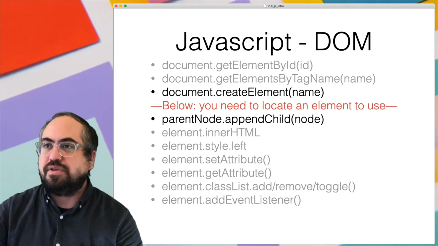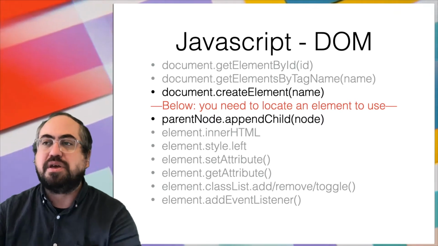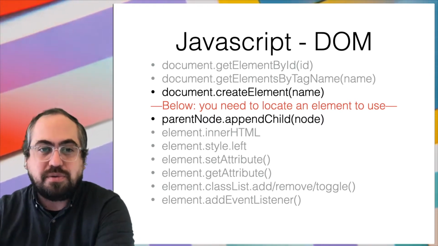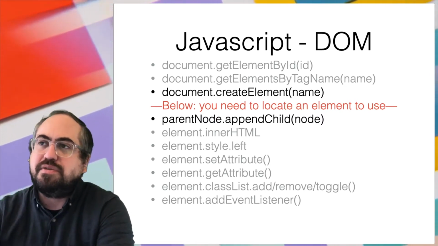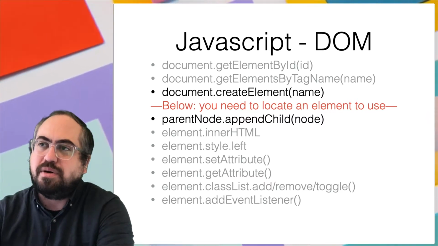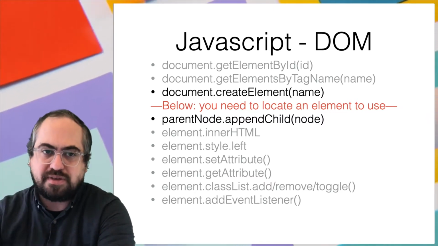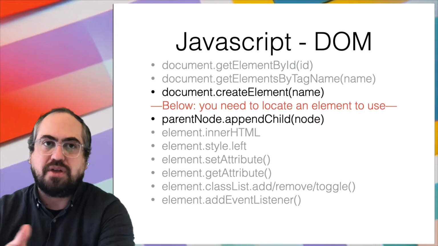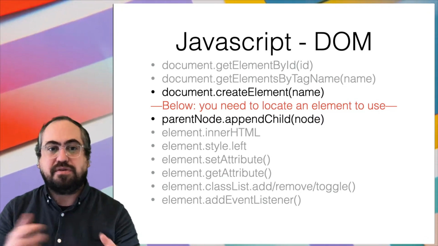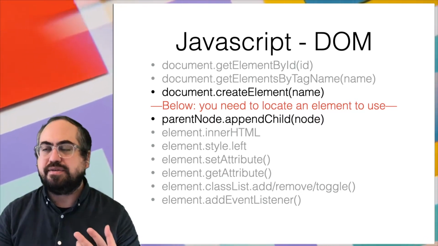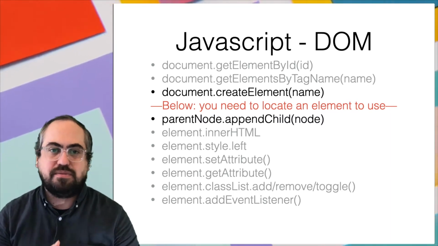So the first thing we need to do before we start working with APIs is think about what we're going to do with the data once we have it. In the previous lecture, we talked a little bit about locating elements on the page. So there's an existing element on the page. We want to capture it and do something with it,